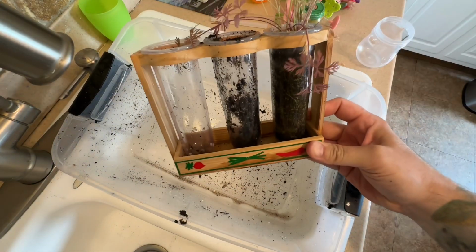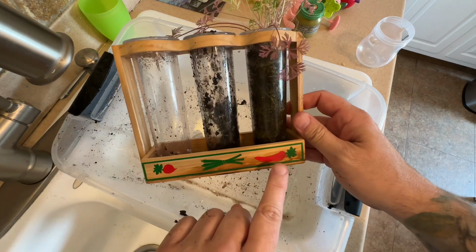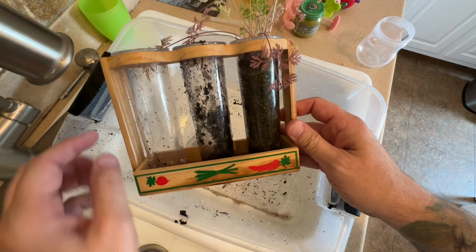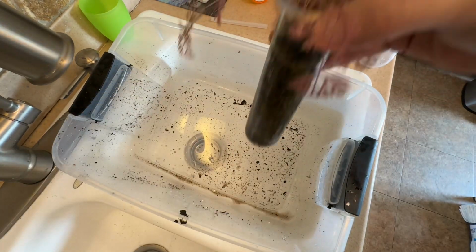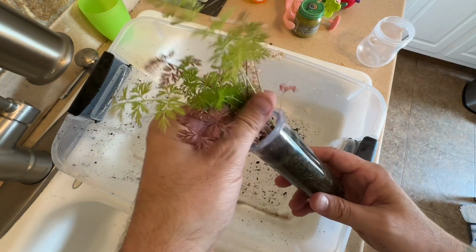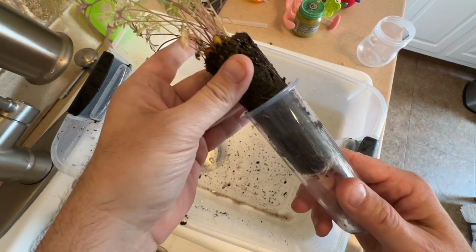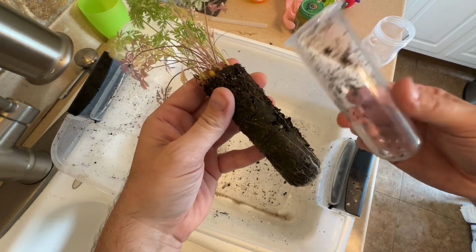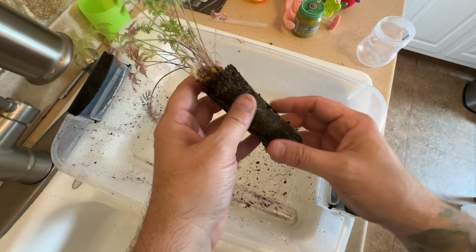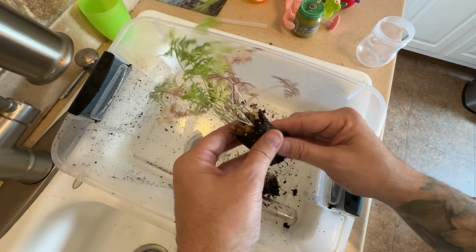Okay, last but not least, we have our carrot plant. Our carrot was growing right here in this last spot in our planter. So let's take it out. And we will pull out the carrots if we can. Oh, here we go. The soil comes out in the shape of the planter. Looks just like this. Now let's knock off some of that soil and see if we can find the carrots